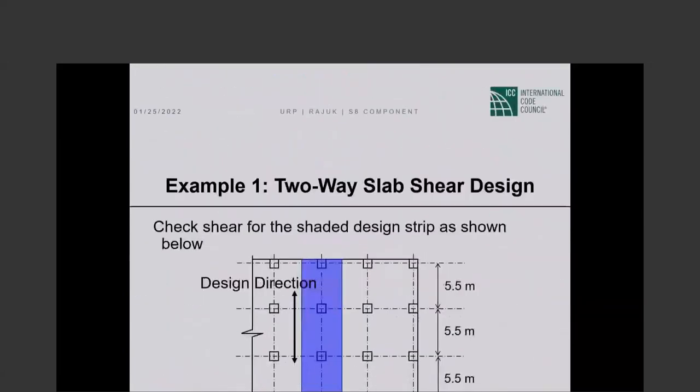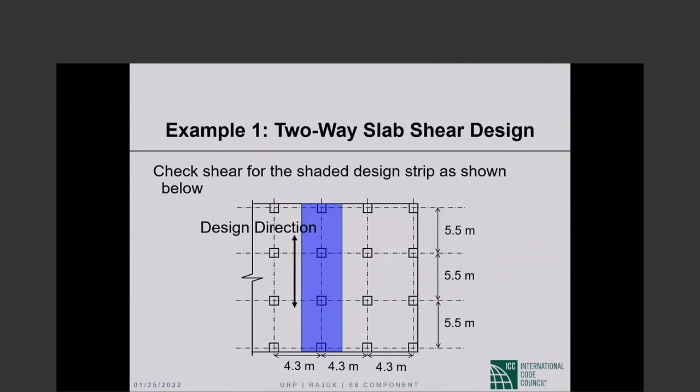This is still continuation of the same thought. If the supporting beams are not stiff enough, then how would you deal with the situation? Okay, that brings us to the shear design example, the slab flat plate shear design example. I'm wondering whether to get into the example before